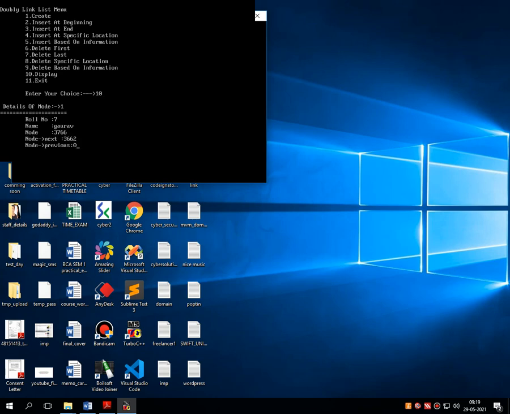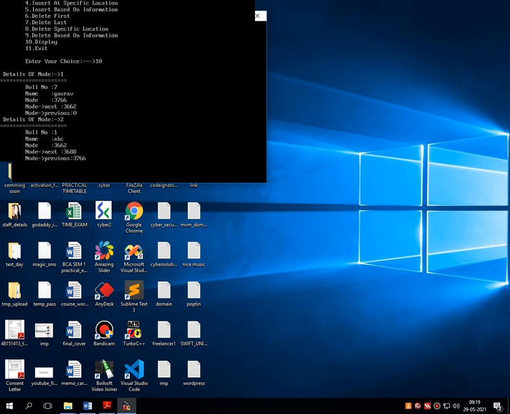Instead of that, node number 1 becomes roll number 7 with the given name, and in the previous section of this node 0 is assigned, and in the next section it contains the address 3662. Then roll number 1, which was the first node, becomes the second node, and third, fourth and fifth remain as they are, that is MVM.